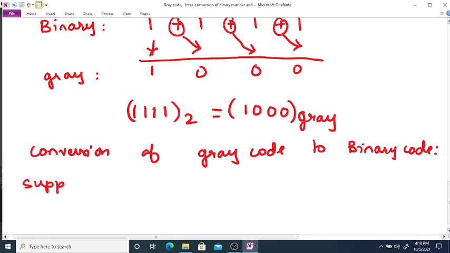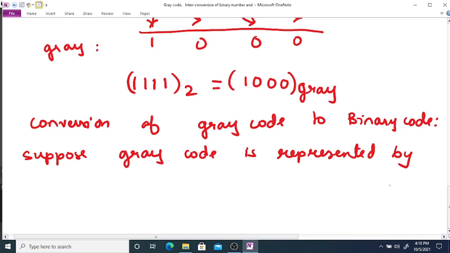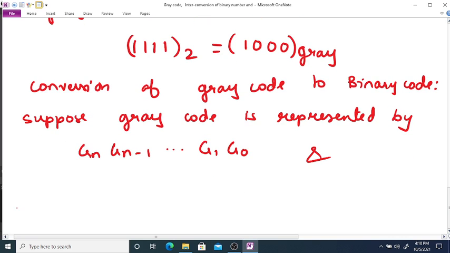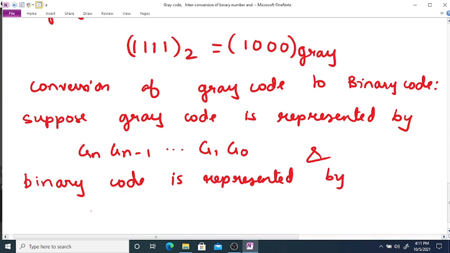Suppose gray code is represented by Gn, Gn minus 1, G1 and G0, and binary code is represented by Bn, Bn minus 1, B1 and B0.